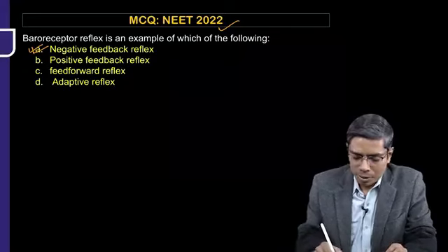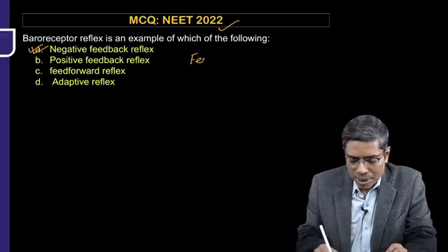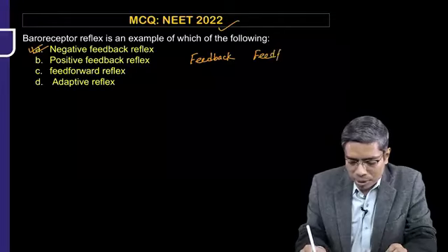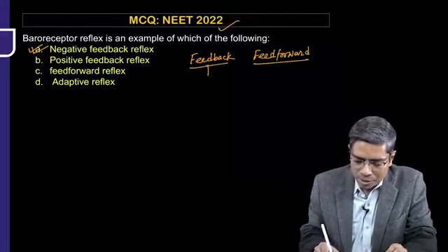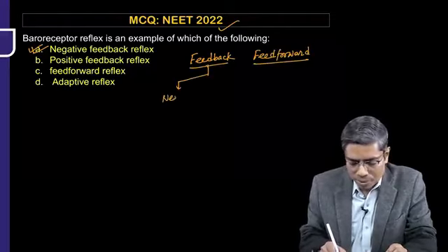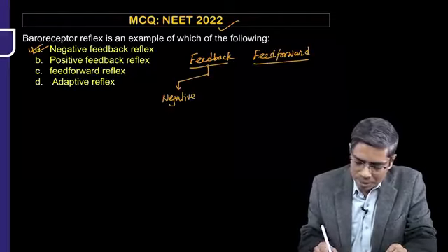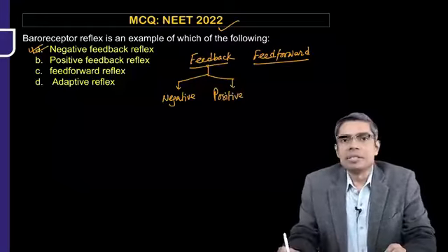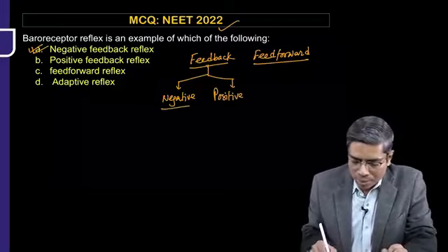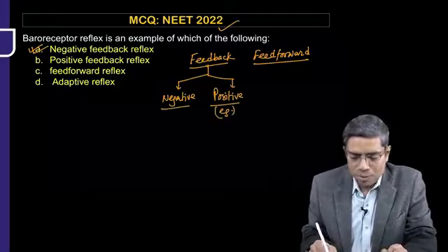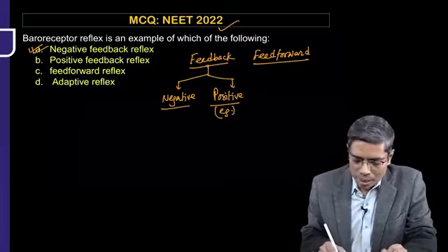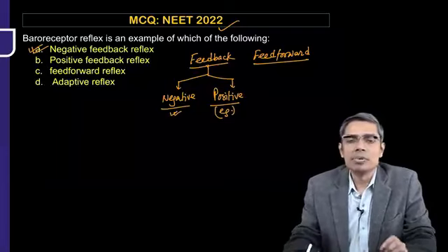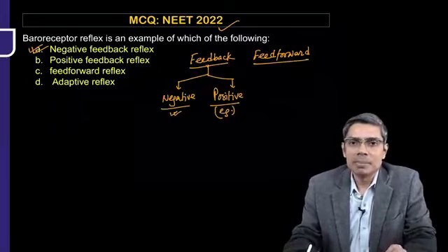Control system, all of you know that there is a feedback control system, right? And there is a feed forward control system. This feedback control system again is of two types. One is the negative feedback control system and one is the positive feedback control system. We have to remember the examples of this positive feedback control system, that is important for our MCQ, and for the negative feedback control system, most of the biological systems are an example of